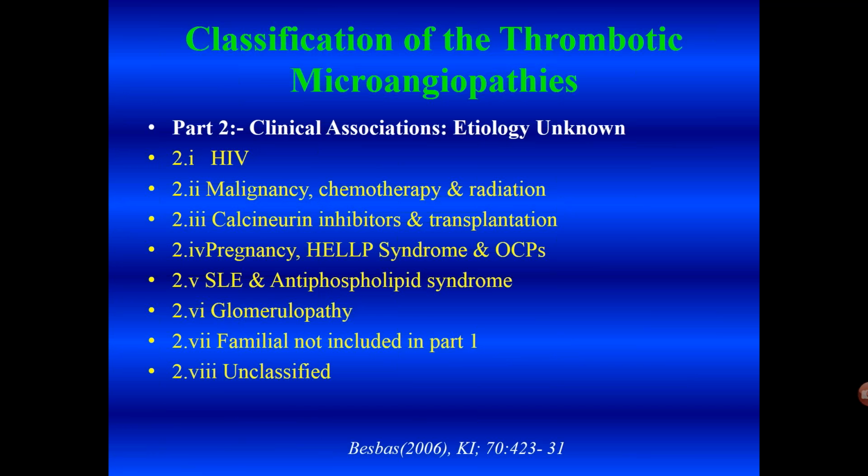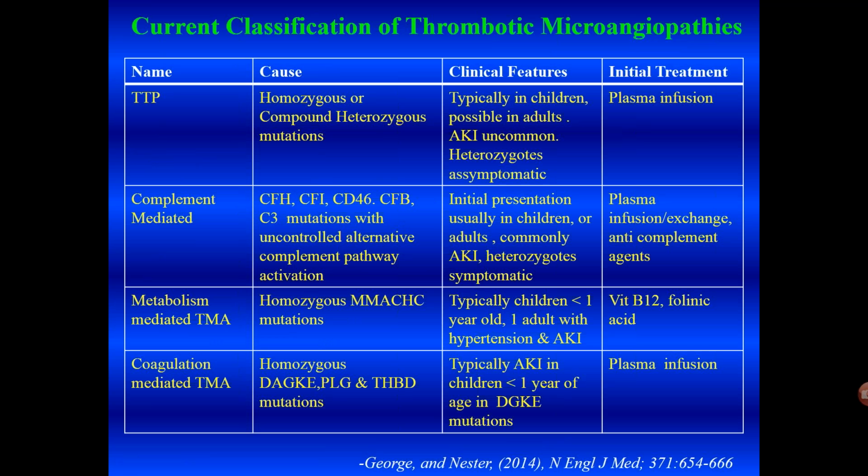There was also a group of diseases in which there was a strong association between various etiological factors and what was then the thrombotic microangiopathy, and they call these clinical associations, but etiology wasn't proven. Today, our understanding is a little different. Those group which Besbas called the etiology known, we know have mainly a genetic predisposition, and this group, as I'll show you in a minute, are mostly the triggers. So we have a two-hit theory today.